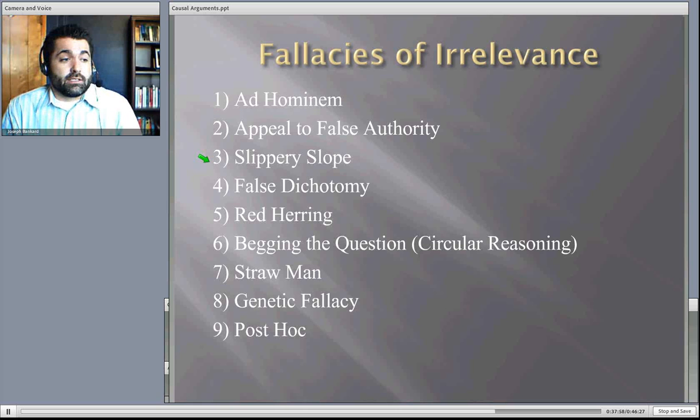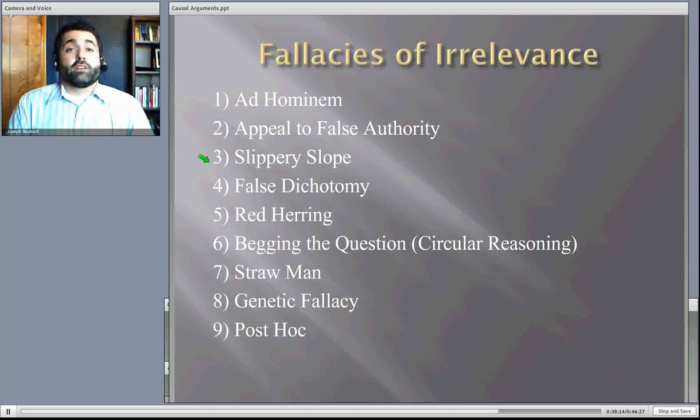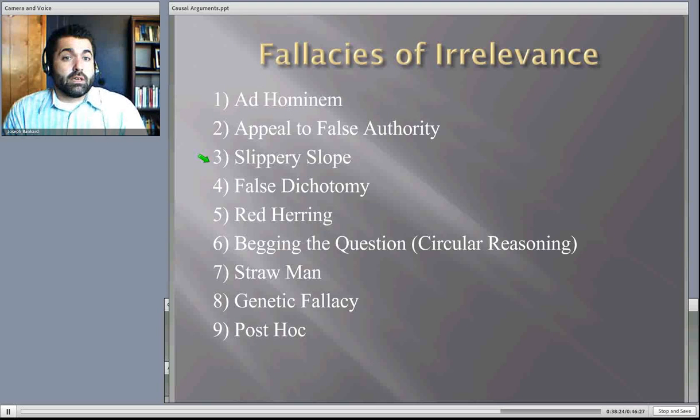So, for instance, a famous line from George Bush after 9/11: you're either for us or you're against us. You either support our efforts or you're our enemy. Well, obviously, there are more options. There are countries that say, we support the United States 90% of the time, but we don't think the war on terror is a good idea. So we support you most of the time, but on this area we don't, and I don't think that makes us an enemy. So creating this either-or when there are more options available is a false dichotomy.